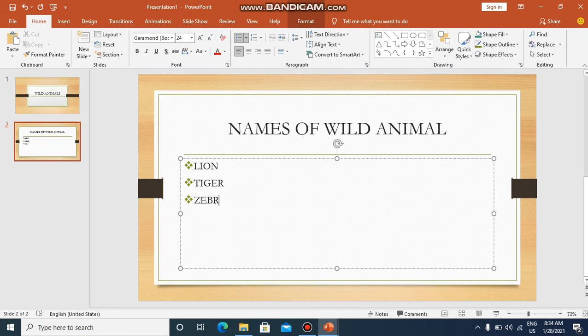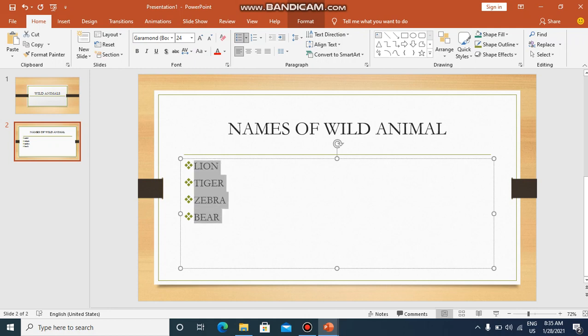Zebra. Press enter key again. Bear. In this way you can write animal names, flower names, fruit names, anything using the bullets or numbering.